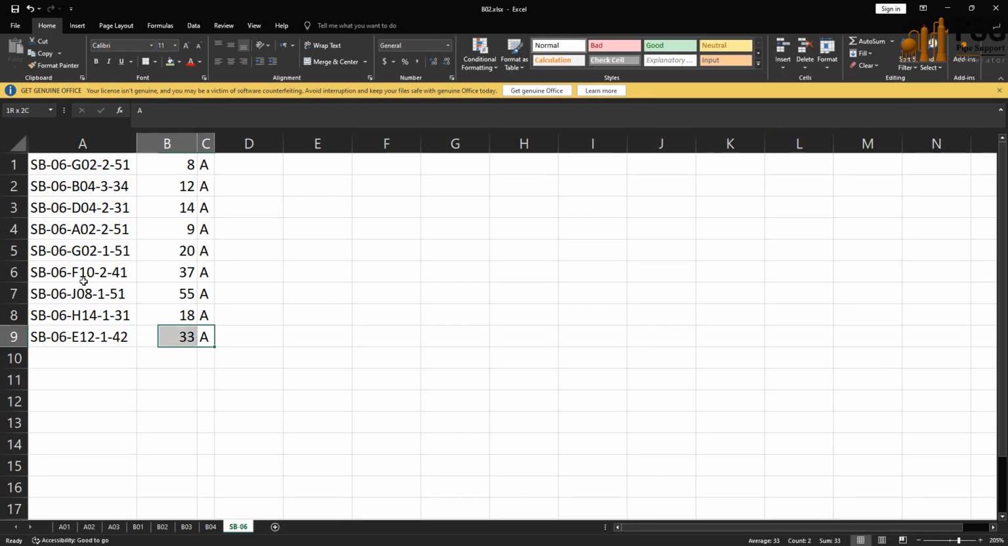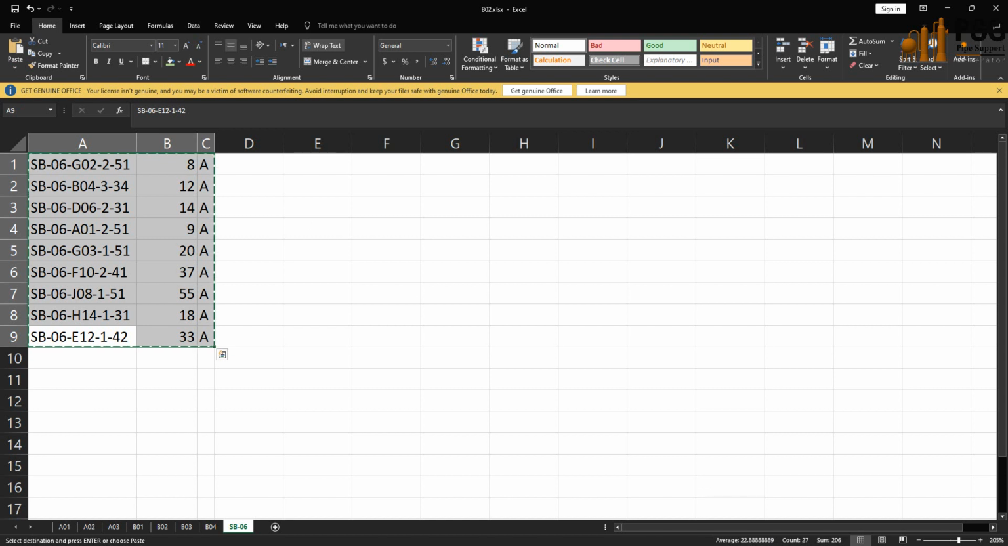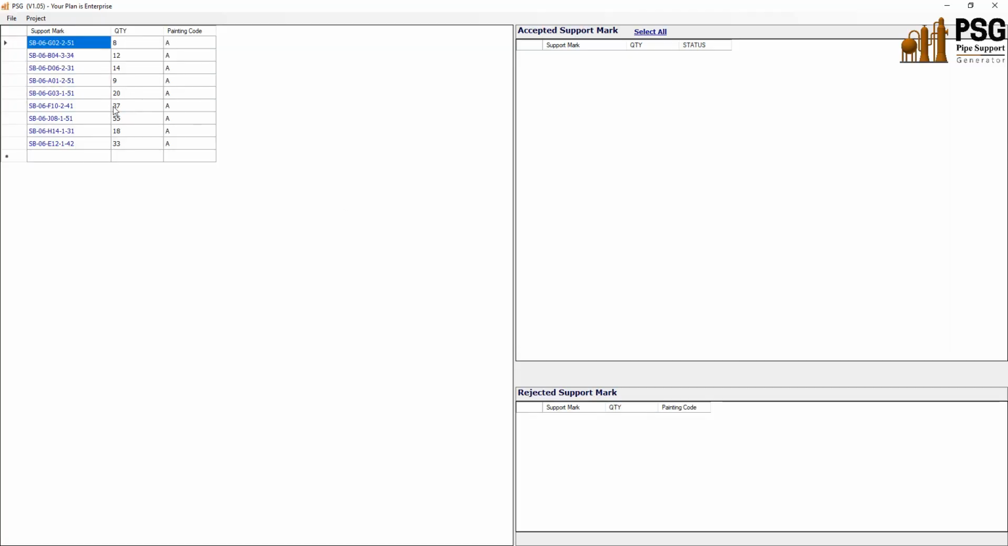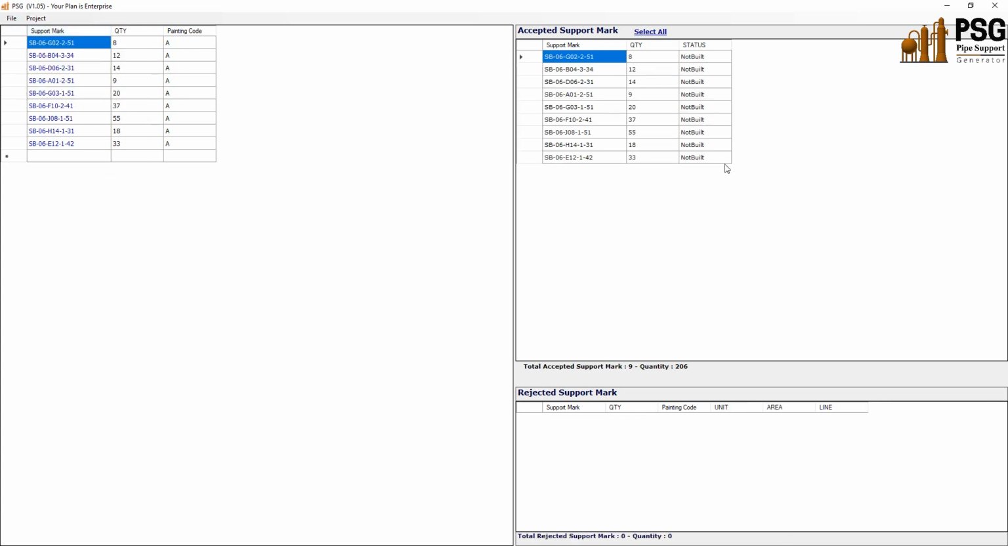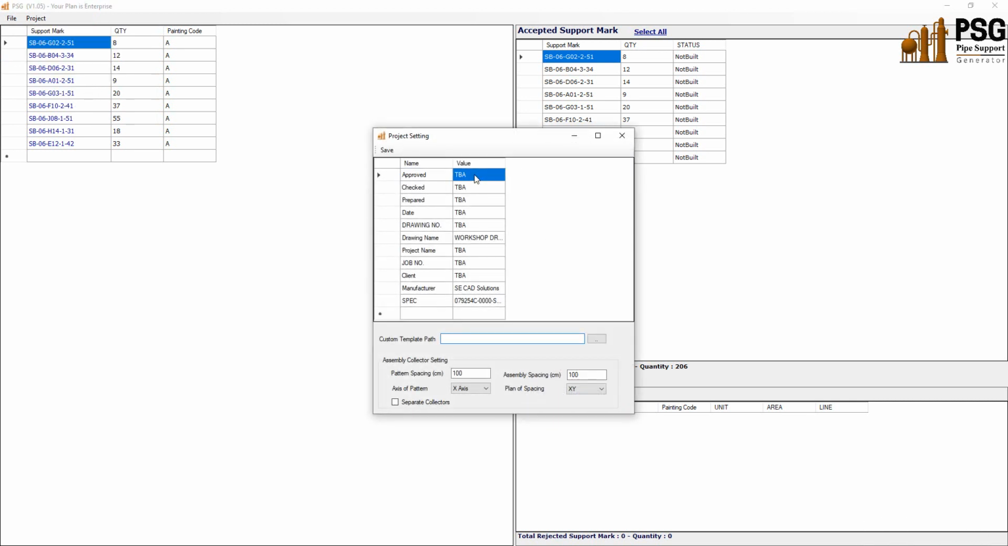Now we have a list of supports, includes sizes from 2 inches, 4 inches. Let's make this one as 6 inches, for example. And here, let's make this one as 1 inch and 3 inches, 10 inches, 8 inches, 14. So let's take a copy from that and come here and click on paste. Now we have those support marks. Now let's validate to check if those values are located on the spec or not. So PSG accept them. So now we can save this project, and from the project setting, we can